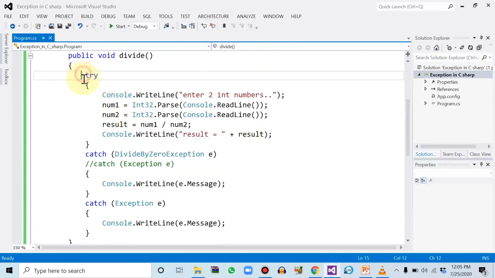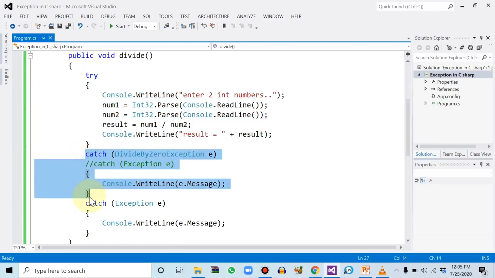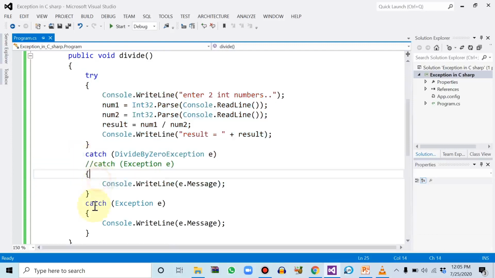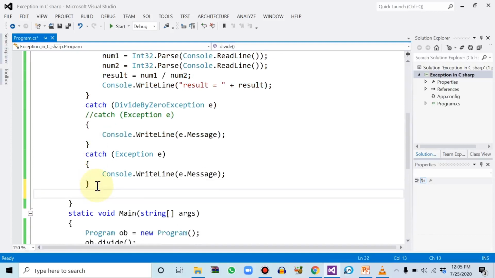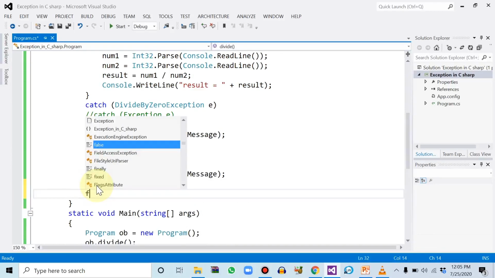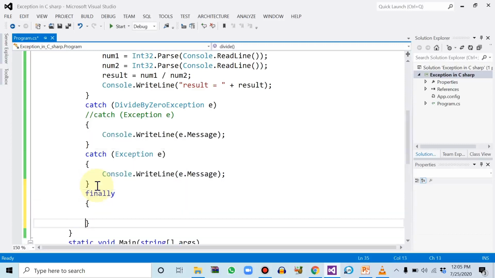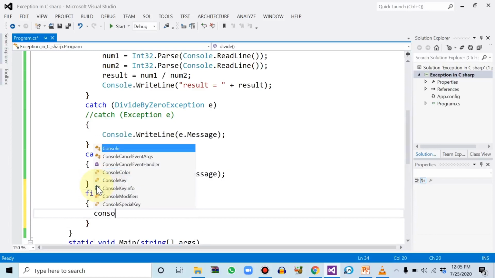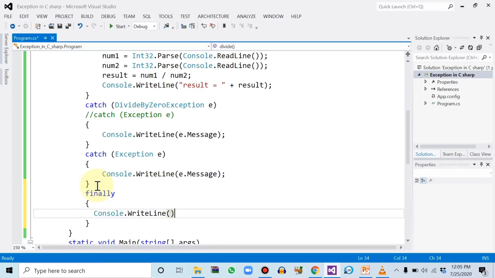With the help of the try block, with the help of the catch block, and we can also include the finally block, which I already told you about. Within the finally block, this block will always be executing.